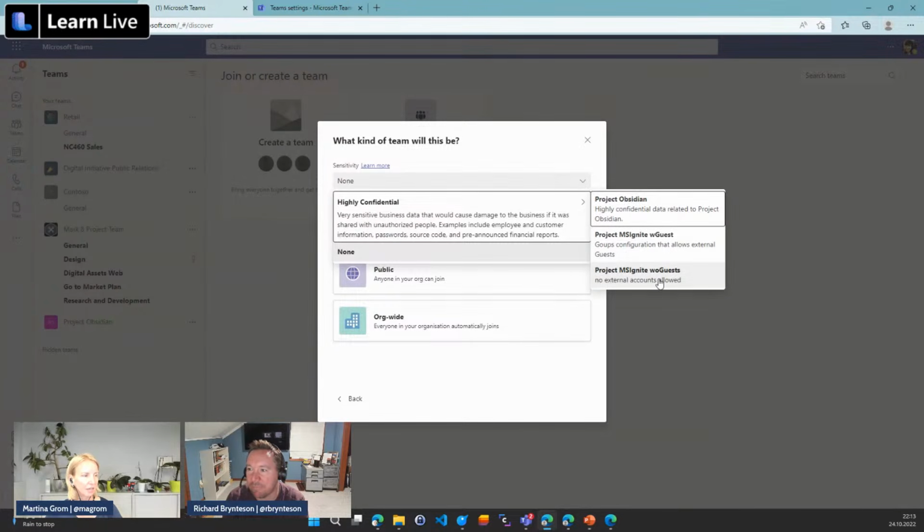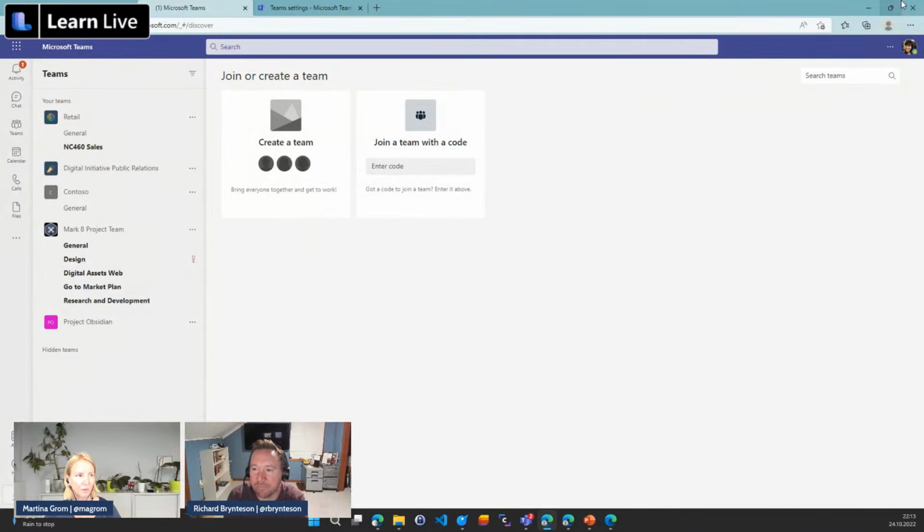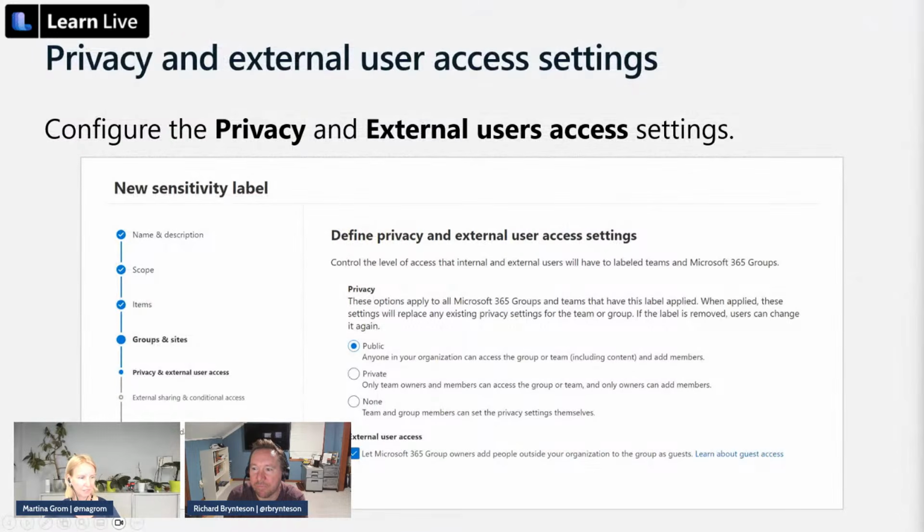And I can say, okay, this is a project MS Ignite with guests. And then you see my screen. The only option I have left now is a private team. I can't change the configuration to public because I'm in that kind of configuration where only private teams are allowed. So you see, it's really easy to go after those configurations in sensitivity labels.